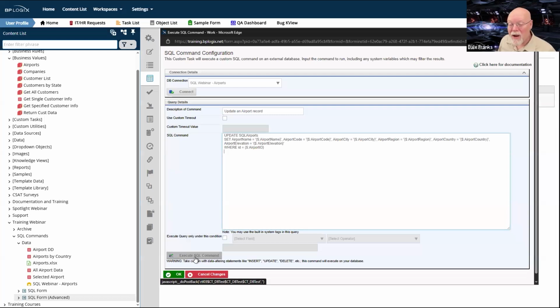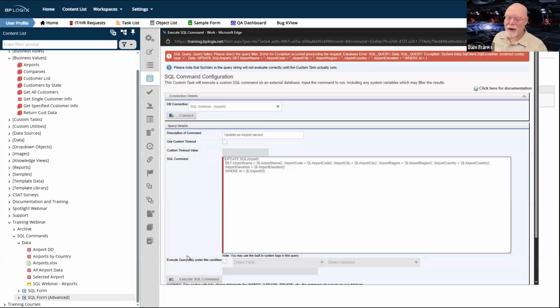But you want to be real careful about clicking that execute SQL command button because it means what it says. We are going to execute this SQL command. Now, in my case, I don't care. Worst comes to worst, I blow up the entire database. I just check out and check the Excel file back in and it overwrites everything. That's easy for me to fix. In your case, however, in the real world, it probably won't be that easy to fix.